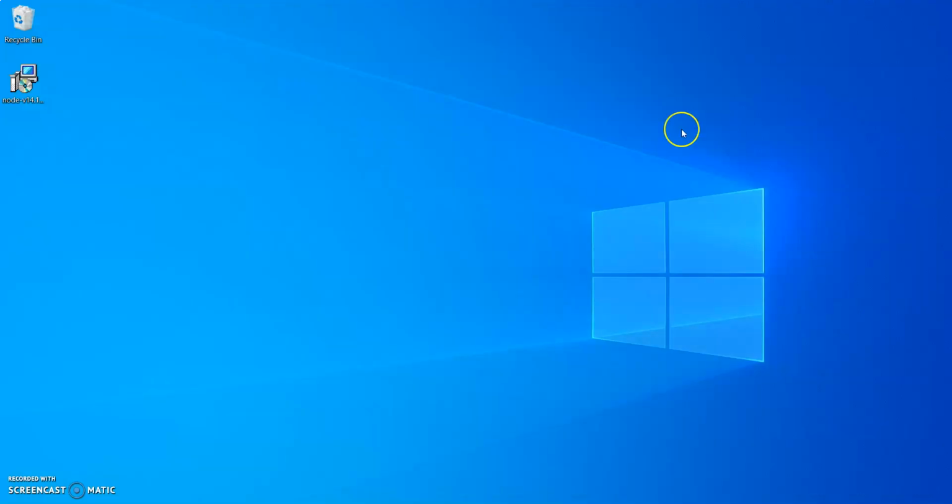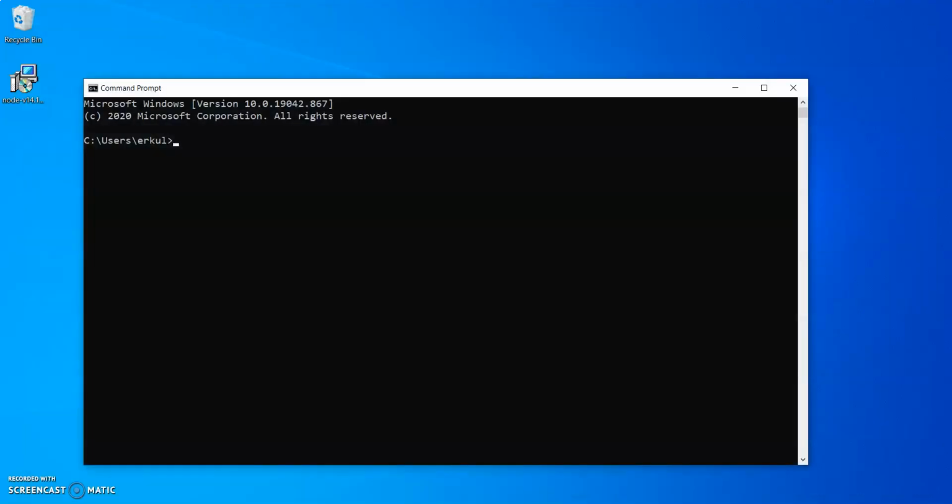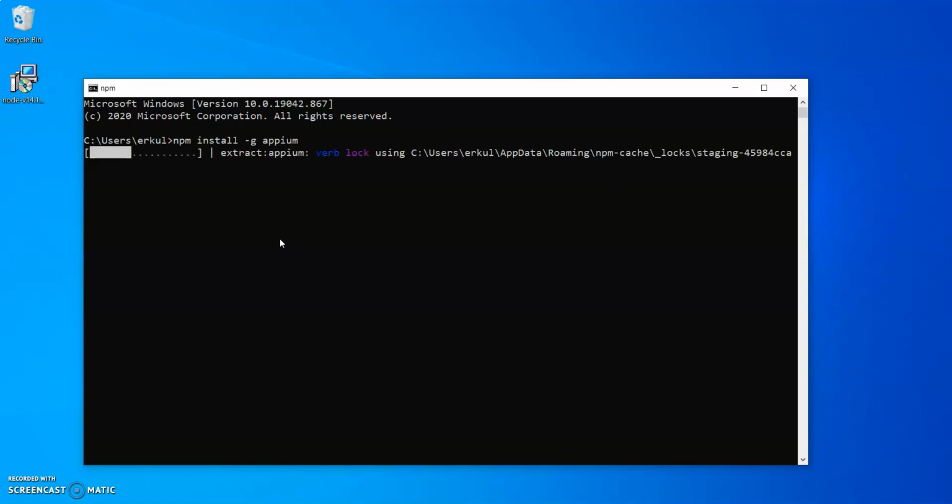Now go to the command line, and we need to install the APM server with the help of the npm command line installer. What we need to write here is npm install -g. The -g is basically used to install the APM server on your system globally, and after that we give appium. With the help of this command we will be able to download the APM server, and you can see it is downloading different kinds of files and packages.